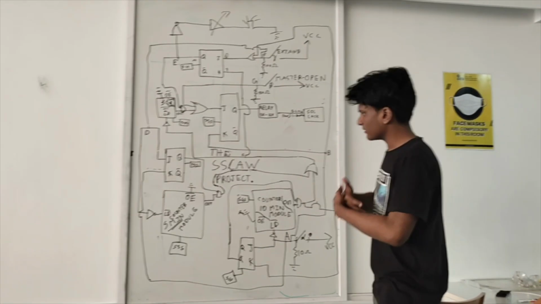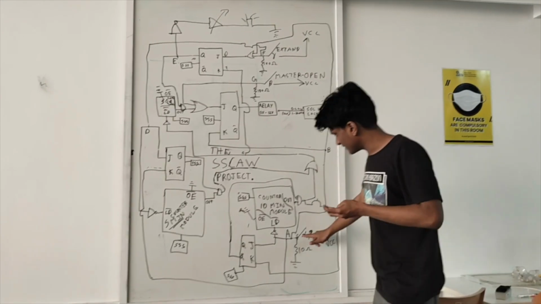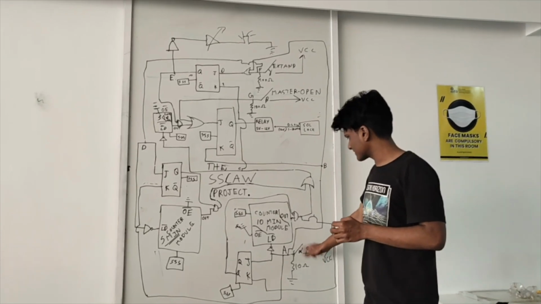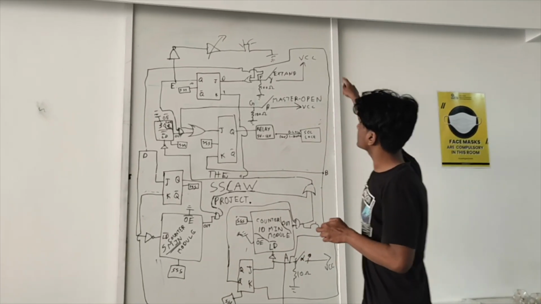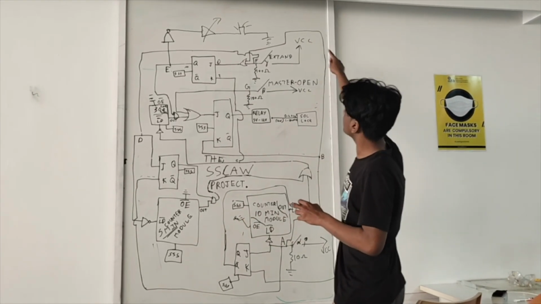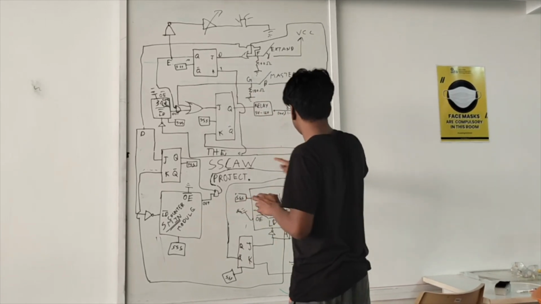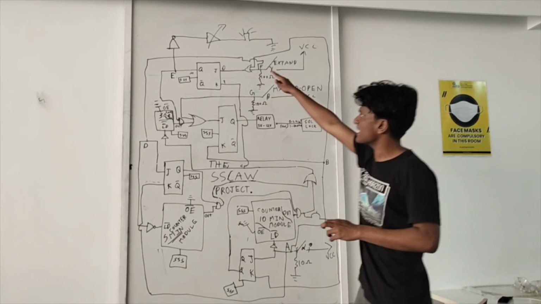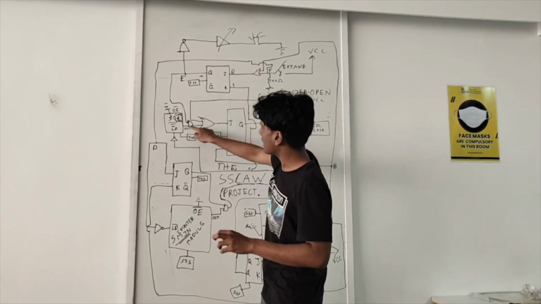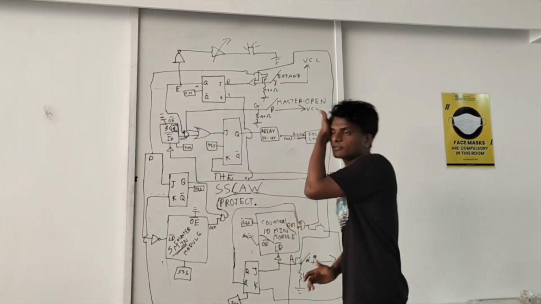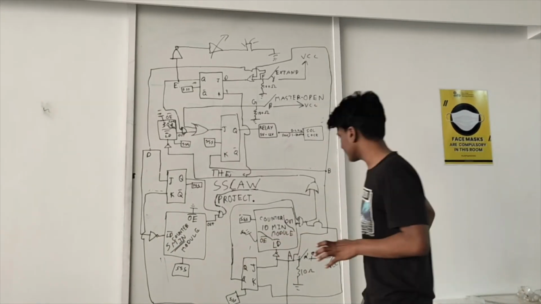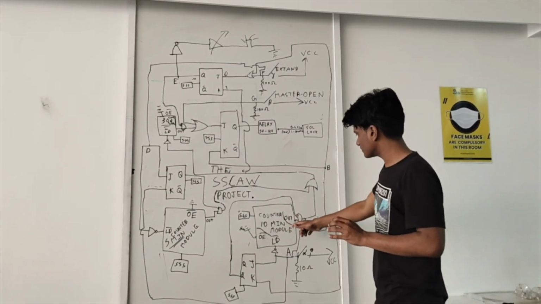Initially, like at the starting, when they just press this to lock, so this is basically the lock. When they had initially pressed this to lock, you can see this goes here, and it goes through here and the J becomes 1, and K, as you can see, is 0. So J is 1, K is 0, Q will be 1 and Q bar will be 0, and this output was disabled. So initially we were not waiting for the 30-second counter's output. We were only waiting for the 10-minute counter's. So now since